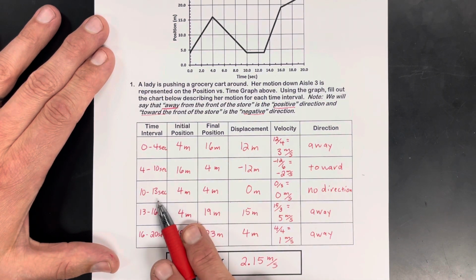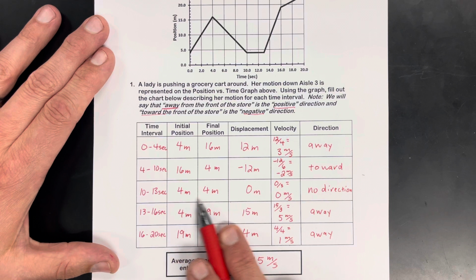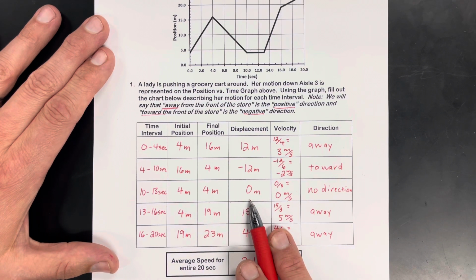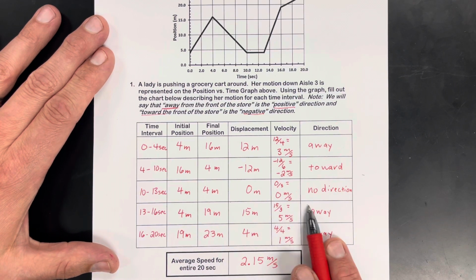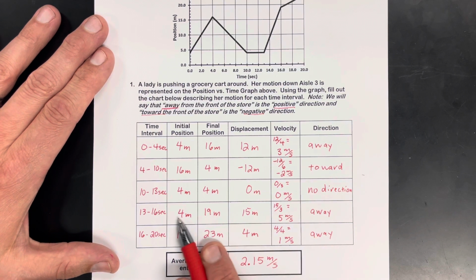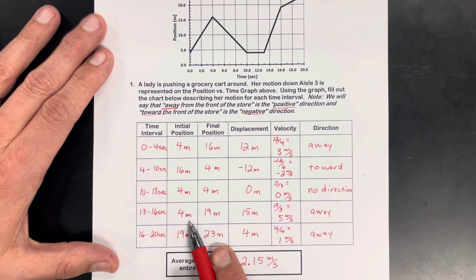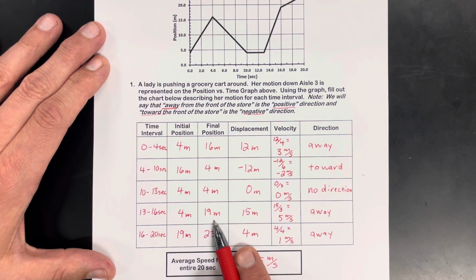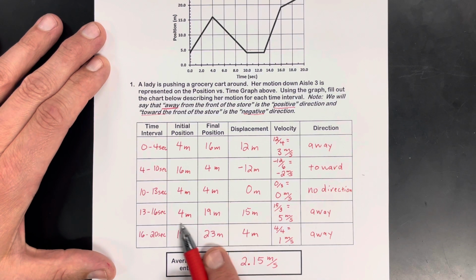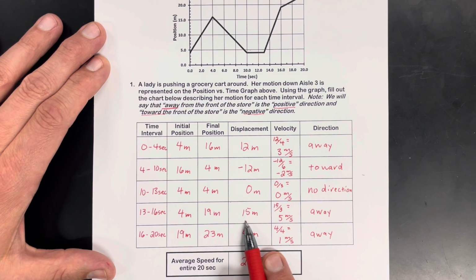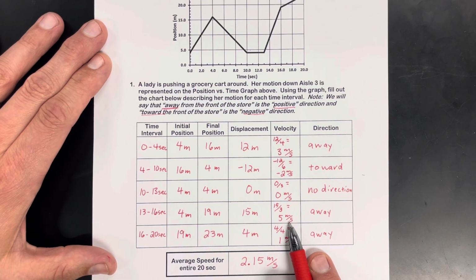For the next time interval, from 10 to 13 seconds, the displacement is going to be 0 because it starts and ends at the same spot. That means the velocity is going to be 0, so there's no direction. From 13 to 16 seconds, we go from 4 meters to 19 meters, so that's final minus initial. It gives me 15 meters, positive. So 15 divided by 3 gives me 5, and we're moving away because it's a positive velocity,